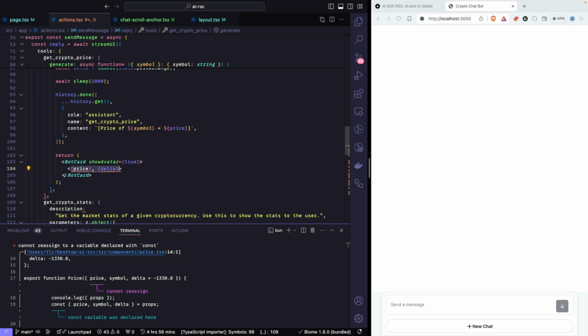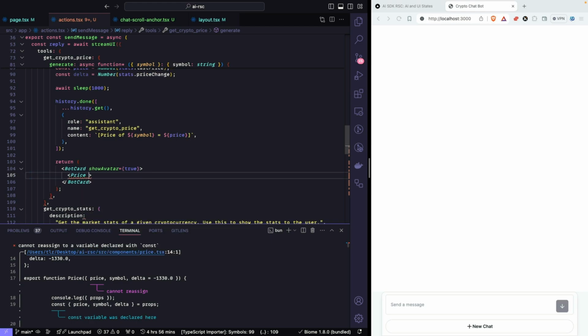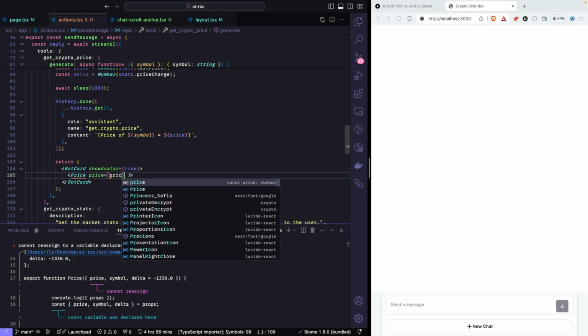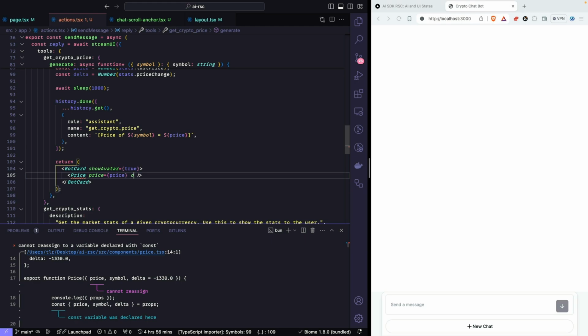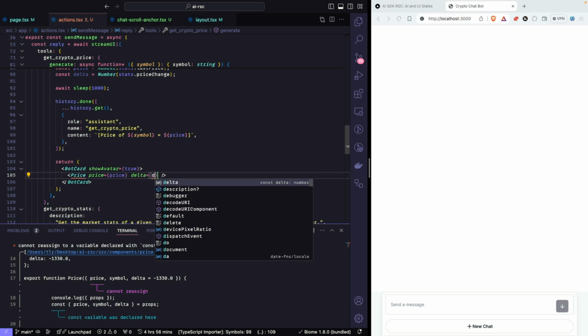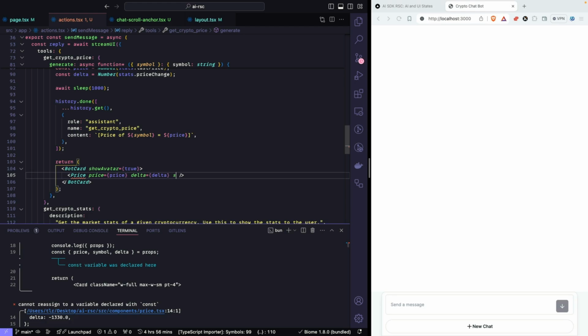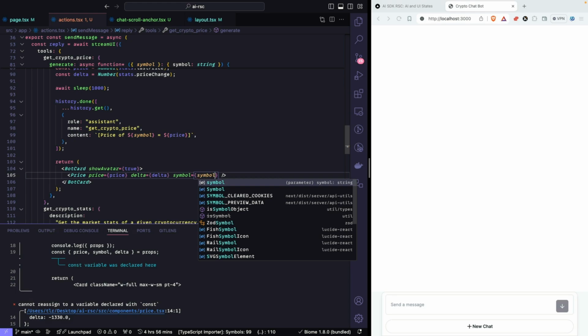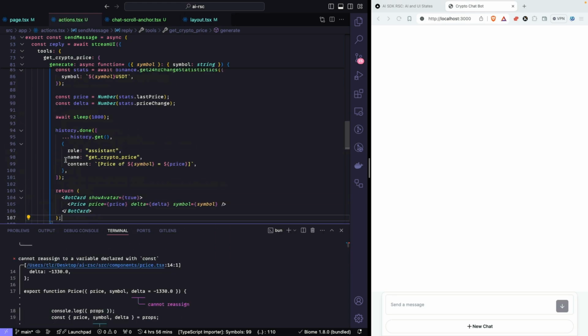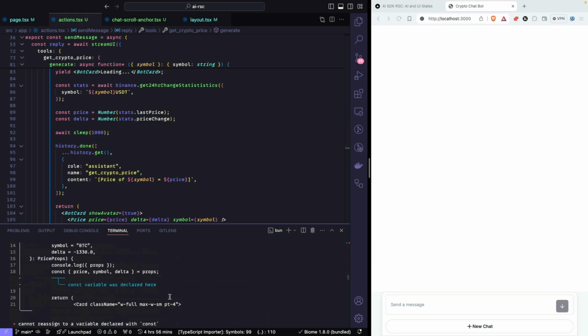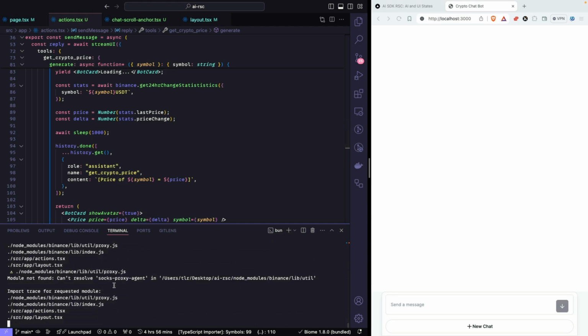Render this component, price, put in the price, and the delta, and the symbol, and then see if it works. Although Binance is playing a weird game here, what's going on? No, maybe I need to go to layout and do